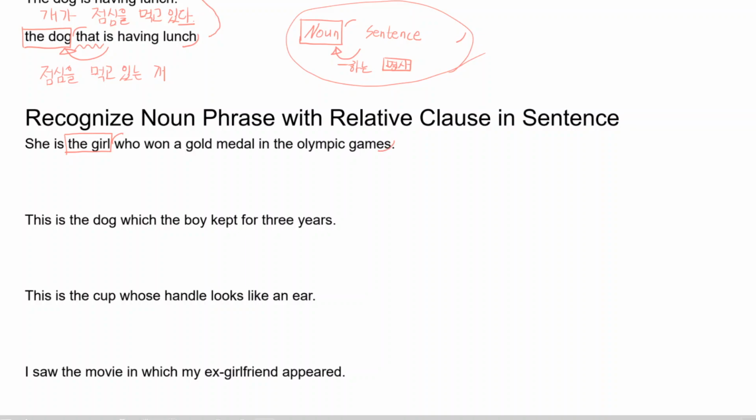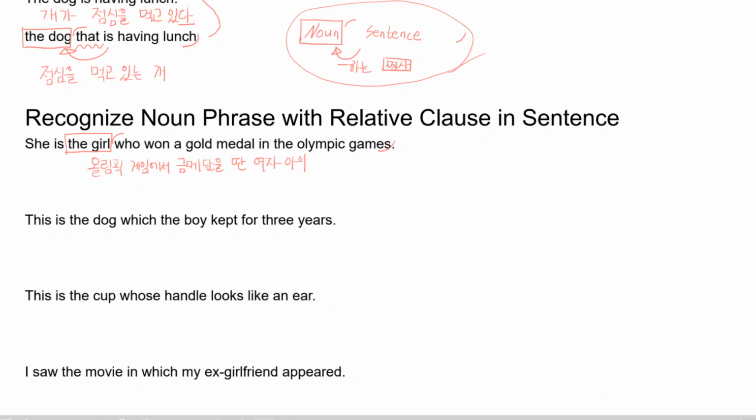This is what we've been talking about. What does it mean? 여자아이 who won a gold medal. 올림픽 게임에서 I'll write it down. 올림픽 게임에서 금메달을 딴